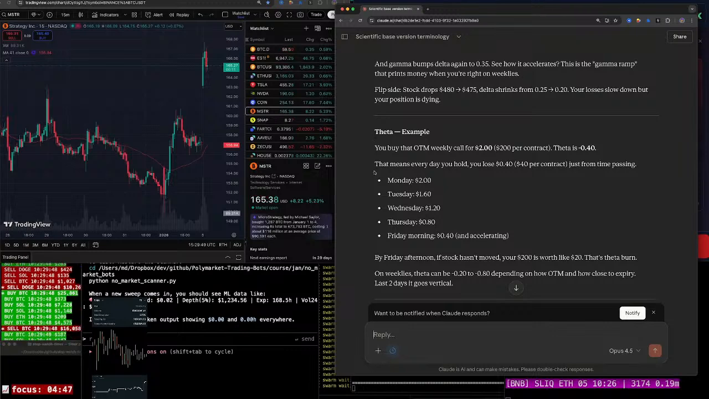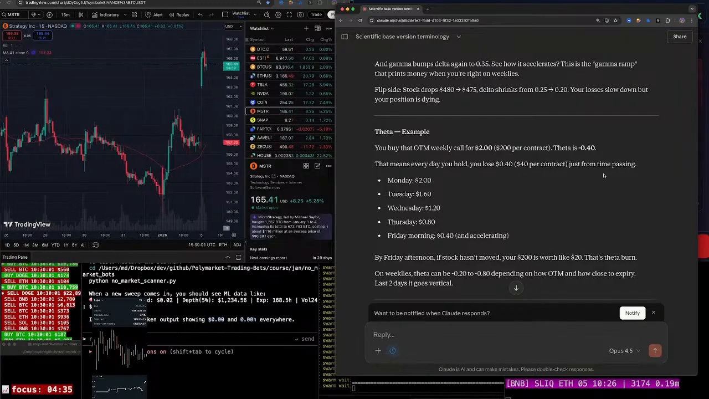For theta, you can buy out-of-the-money weekly calls for $200 per contract. The theta is negative 40. That means every day you hold, you lose 40 cents per contract. Damn. So for example, negative 0.40 equals lose 40 cents per contract